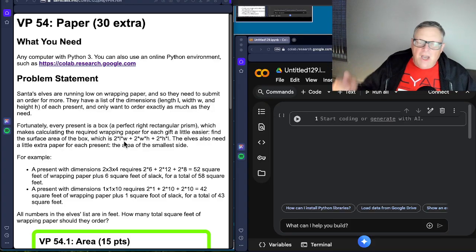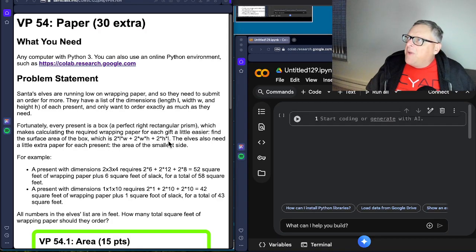That's going to be two sides, twice width times height, plus twice height times length. Those are going to be the 6 sides of the box. And they need extra paper, which is going to be the area of the smallest side. So if you have a present with dimensions 2 by 3 by 4, then it's going to be 2 by 3 times 2, which is 2 times 6, then 2 times